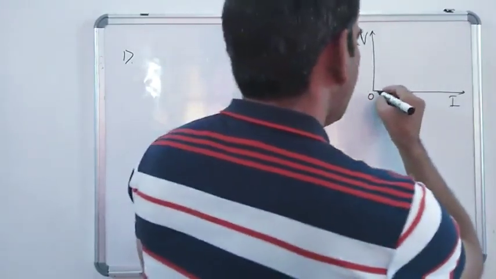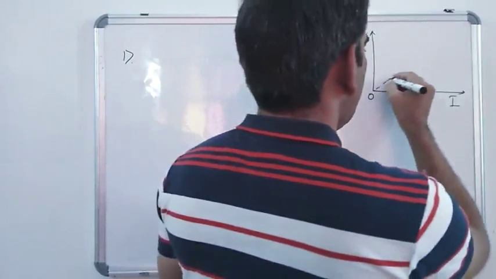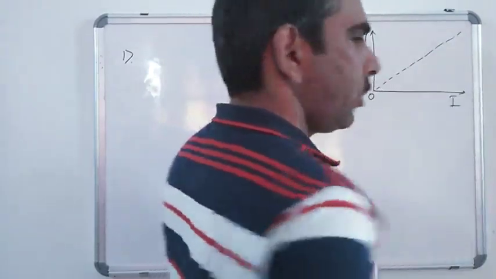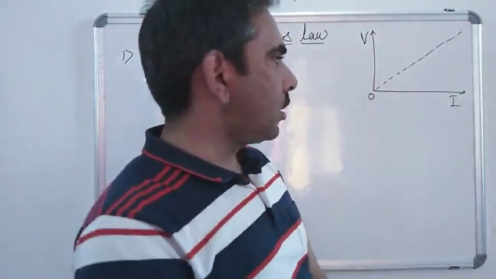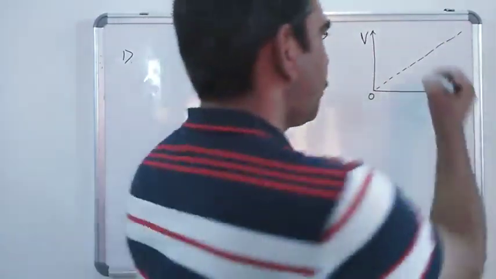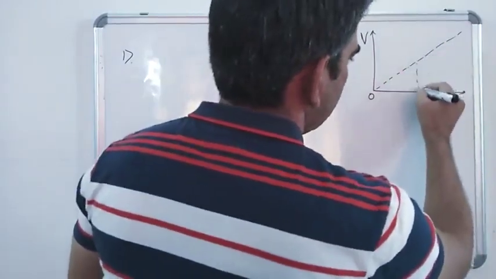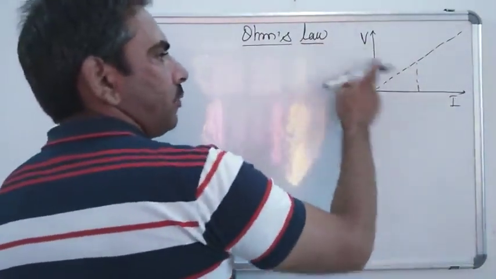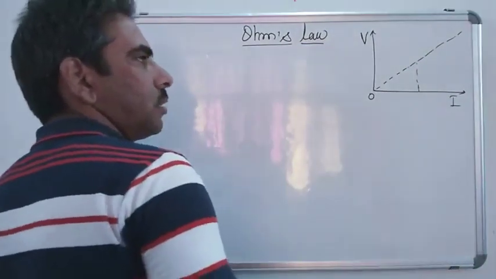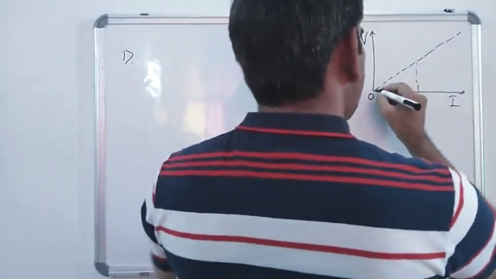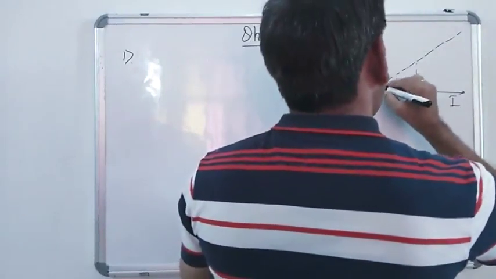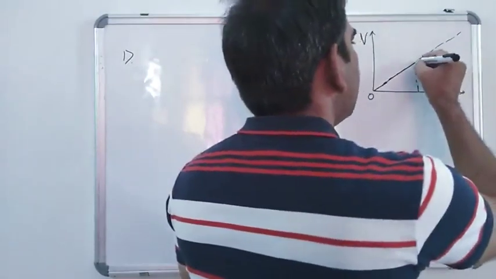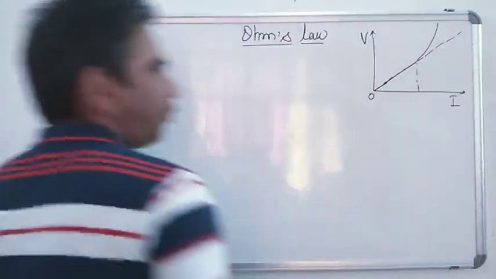Whenever we talk about Ohm's law, it takes this form. There is direct proportionality between V and I, but this proportionality holds only for small changes in the current. Whenever current increases beyond a certain value, for example for a metallic conductor, the proportionality between V and I is no more valid. It just takes a different variation. Up to this lower value of current there is direct proportionality between V and I, but beyond that V and I differ for a higher value of current.